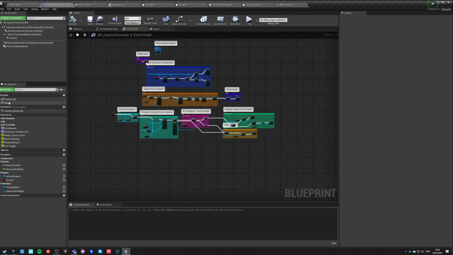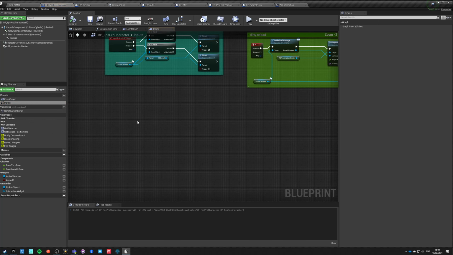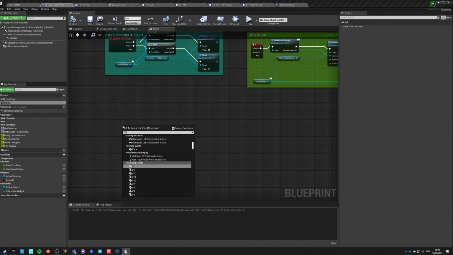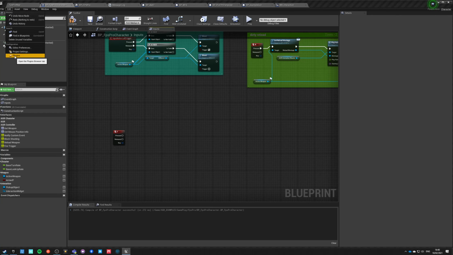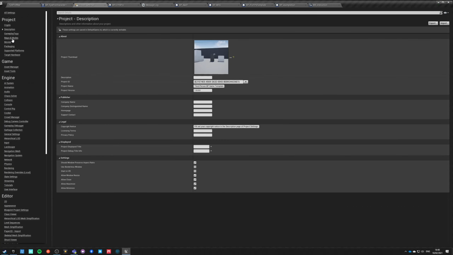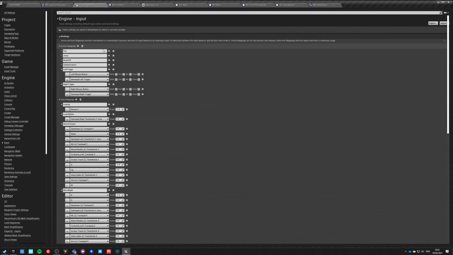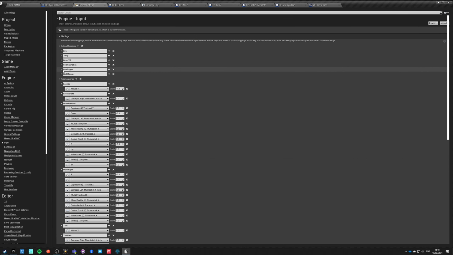So now I will go into inputs and I will go into F keyboard. So on F button, unless we have inputs, let's check it. Input, here it is. Okay, so left trigger, right triggers.